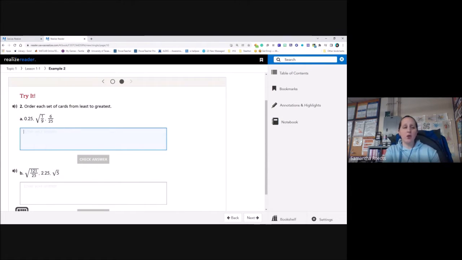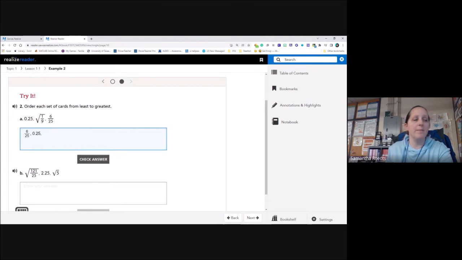So for 0.25 and the square root of 1/9, remember we got the 0.3 repeating, and for 6 over 25, we got 0.24. Now we need to put them in order from least to greatest, smallest to largest. So 0.3 repeating is my largest. 6 over 25 is going to be my smallest because that's 0.24. And whatever form they give them in to start with, that's the form that you want to leave them in. So in this case, it's 6 over 25, and then 0.25, and then it's going to be the square root